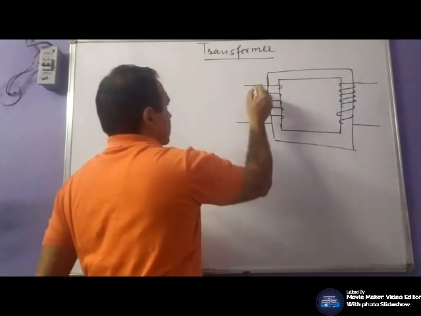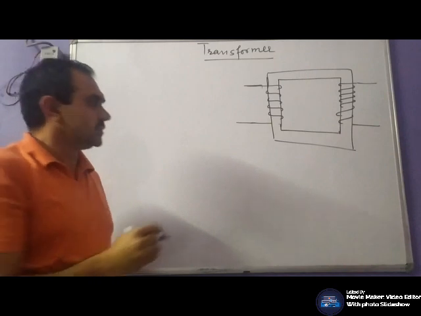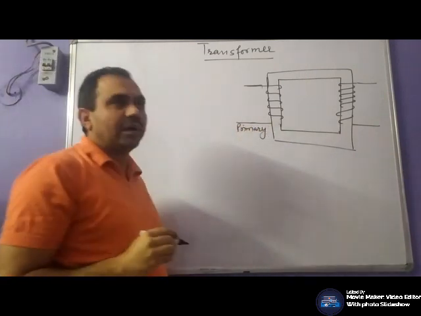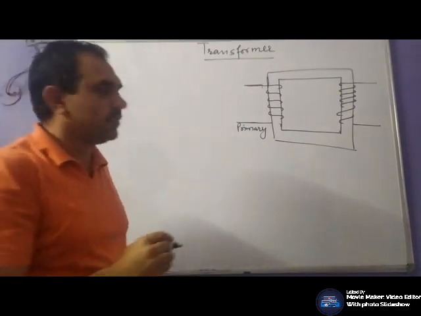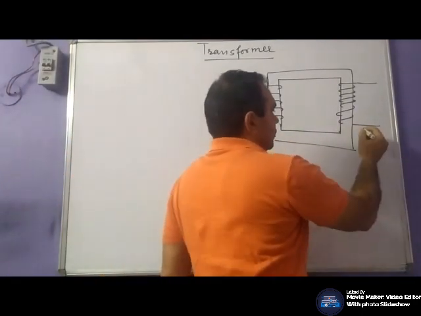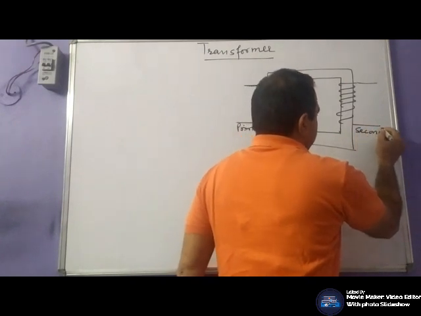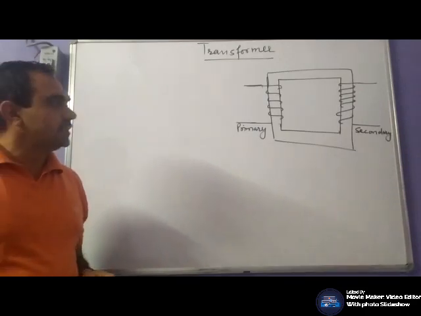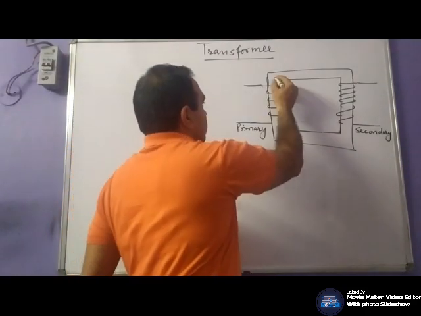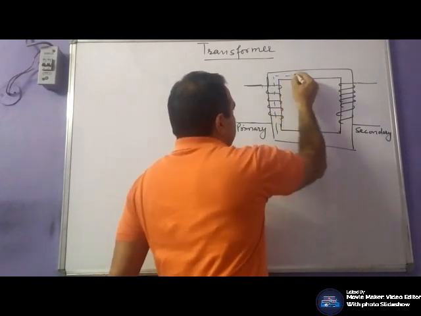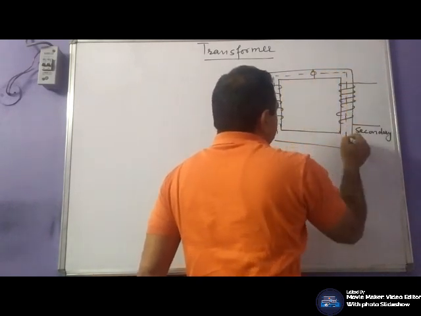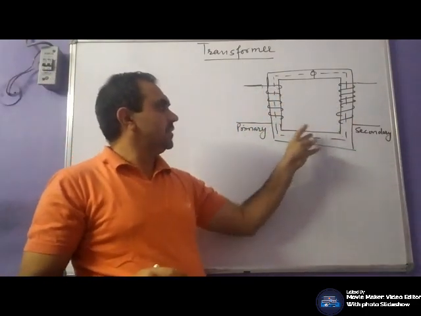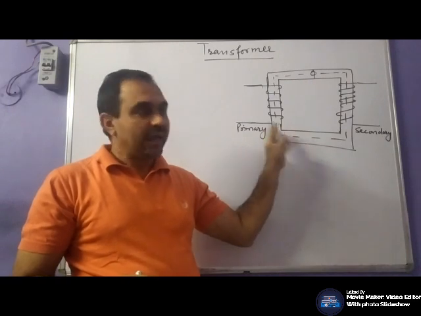Let us consider here we have two coils. The coil which is connected to the supply, or input side, is known as primary, and the coil which is connected to the load, or output side, is known as secondary. These coils are not connected electrically but are connected magnetically, and generally your